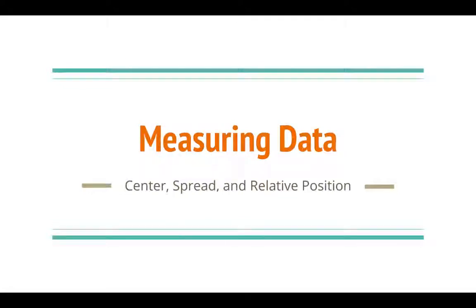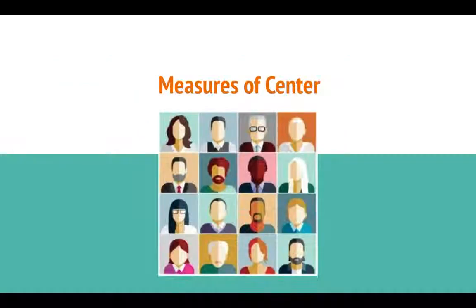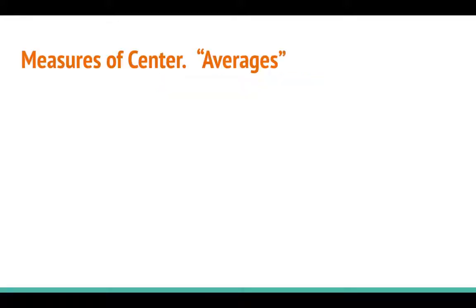We're going to talk about measuring data, and we're going to be measuring data for center, spread, and for relative position. Let's start with measures of center. A measure of center describes a typical data value. These measures of center are also called averages, and again describe that typical data value, which we can do through